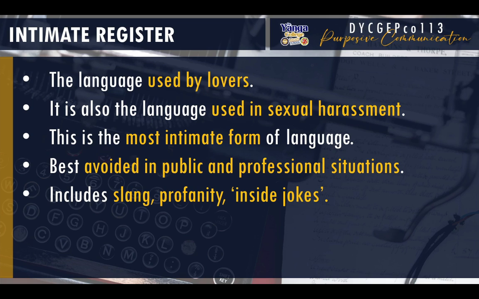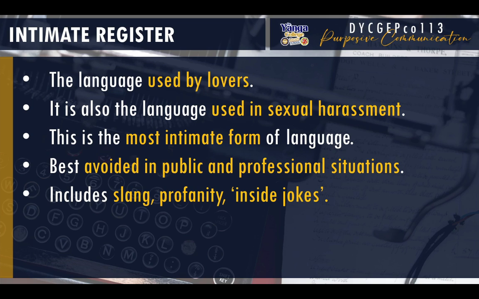Since intimate register is used by lovers, ng mga magjojowa, ng mga mag-asawa, ng mga may relasyon, romantic relationships. If someone is using intimate register sa pakikipag-usap sa'yo, tapos wala naman kayong relasyon, syempre, automatically, we'd label that as sexual harassment. Di ba? Kasi nga, itong register na 'to ay ginagamit lang ng mga may relasyon. So, kung mayroong isang tao who would be talking to you na wala naman kayong romantic relationship using this intimate register, syempre, harassment yun. It is usually tagged as sexual harassment ng babastos, ng mamanyak, kasi nga, pang magjowa lang yung ganong klaseng usapan.